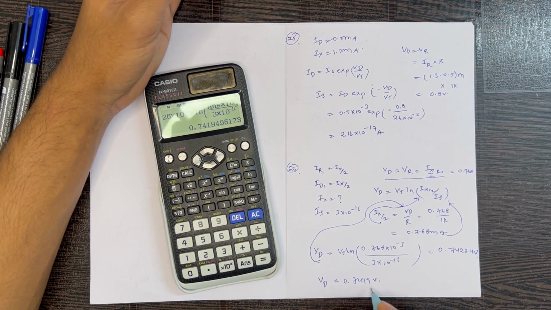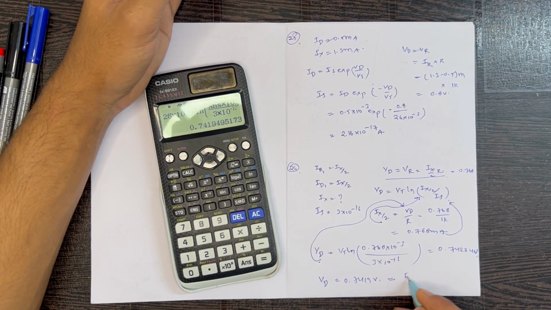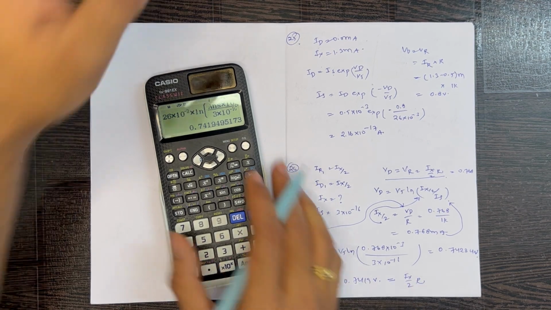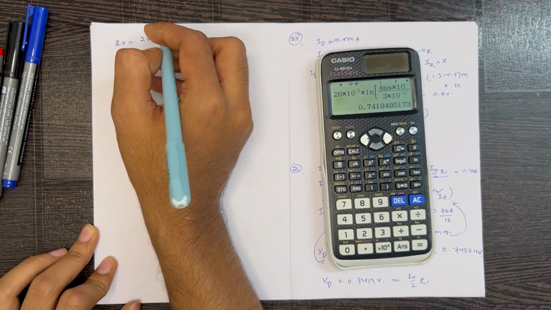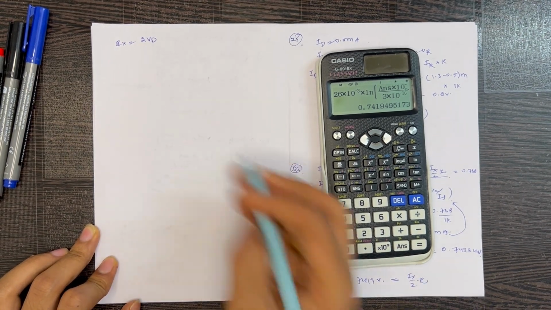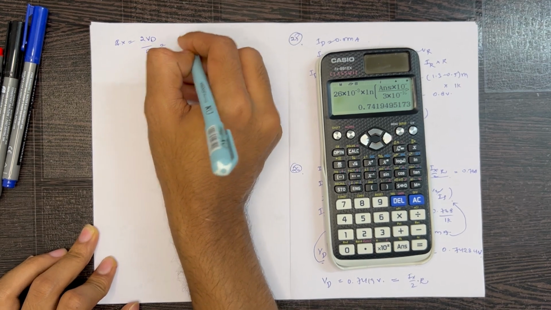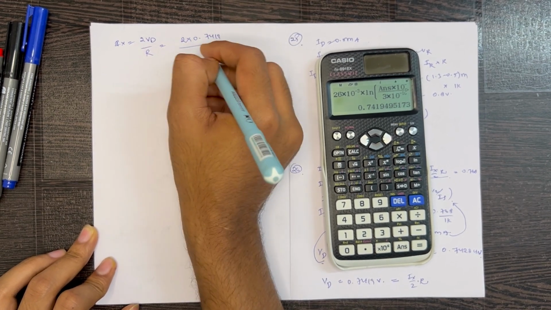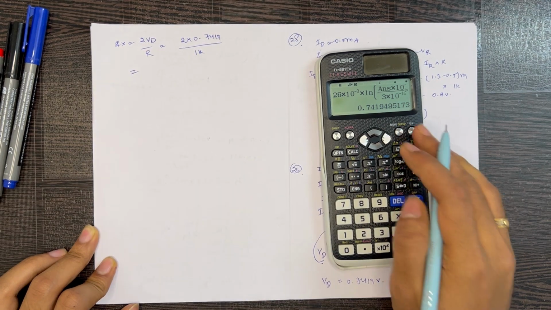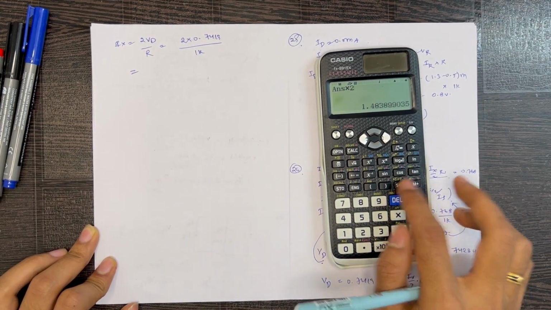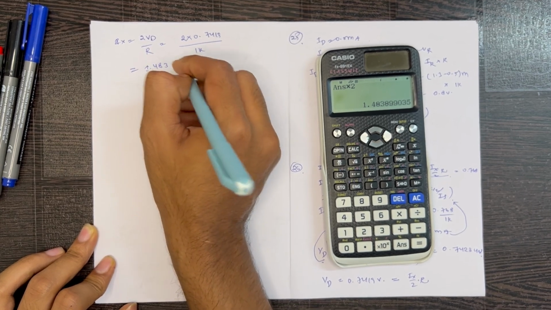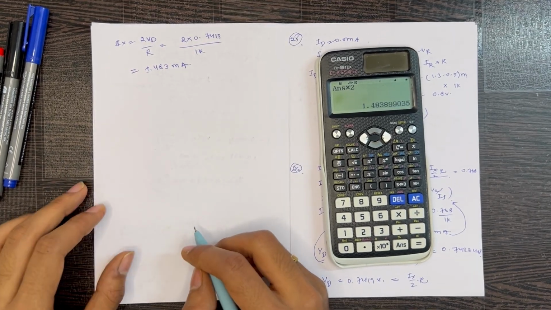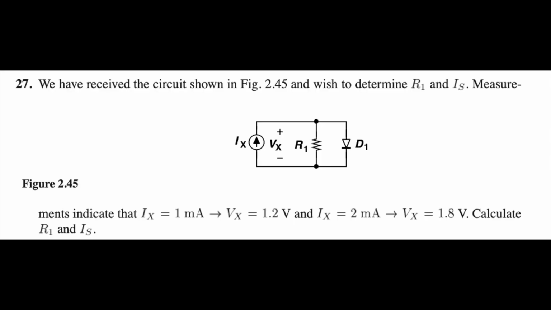So Vd is 0.7419, that is equal to Ix by 2 into R. So our Ix will be 2Vd by R. That is 2 into 0.7419 by R, which is 1K. So it is 1.483 milliampere. Okay. Next question says we have received the circuit shown in figure 2.45 and we wish to determine R1